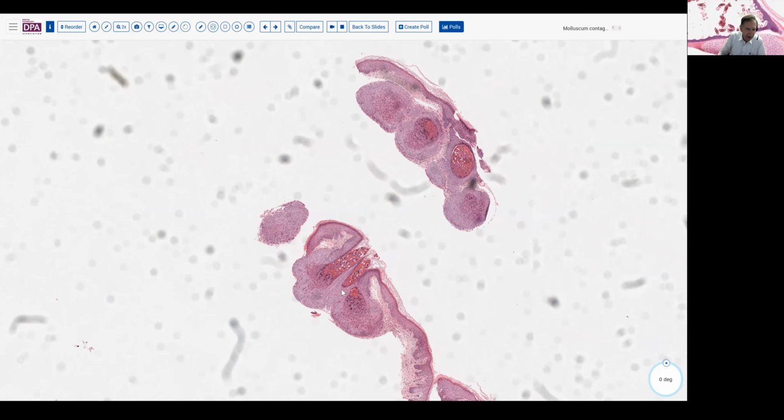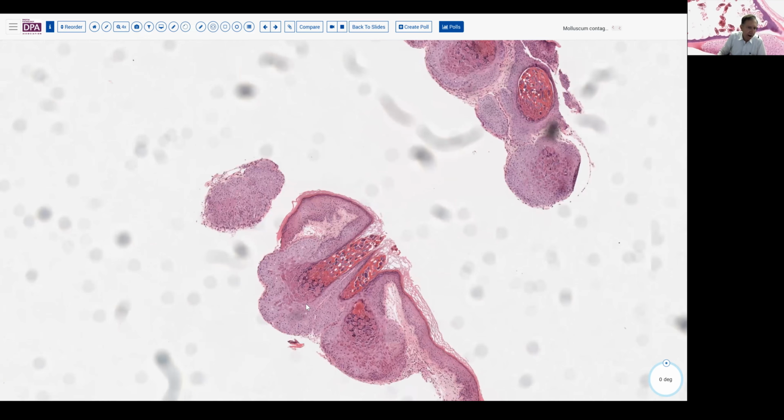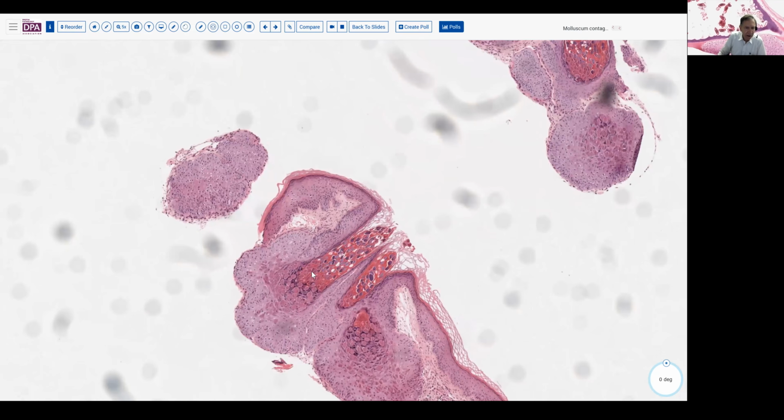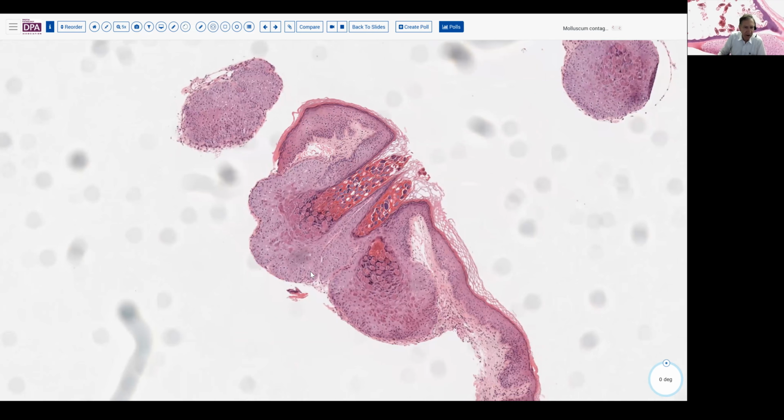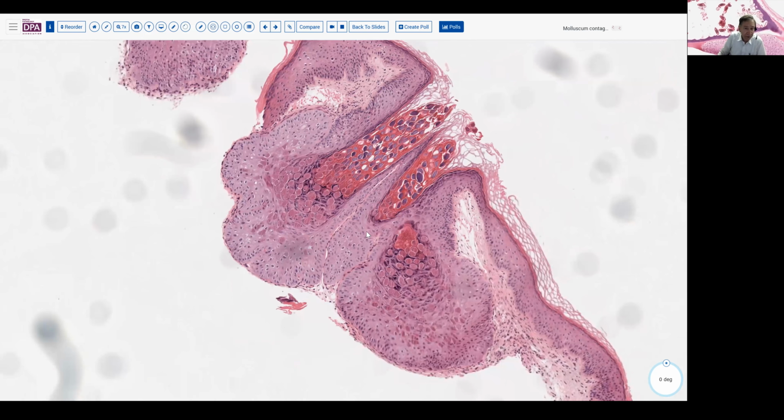Here it seems to be centered around a little follicle type structure. But as we come to higher magnification, I think you'll recognize that this is not a wart, which would be probably something that it might be confused with because of this hyperkeratotic component, but